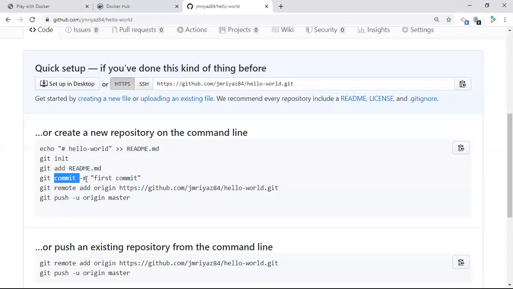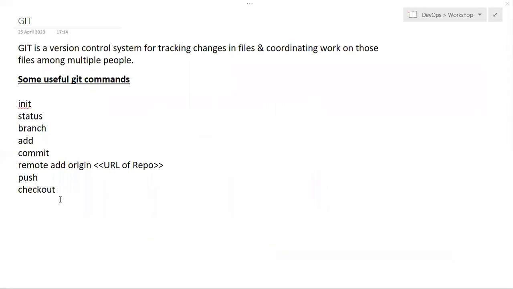The commit with -m is the message. So we have to give a valid message so that other developers can understand why you are committing this code, what the intention of this code is, or what it will do. So give a proper description. Then the remote. From your local, you are going to move your code into the remote. So remote add origin is the master path. Then you give the URL of your git. Then you can push your code. Okay, so we will learn about git commands. First we are going to learn about init.